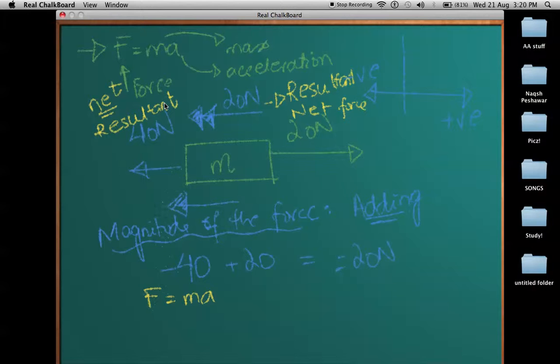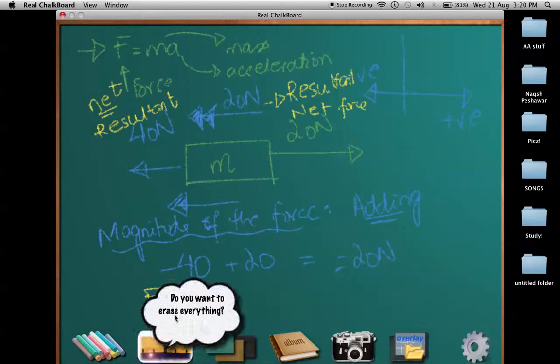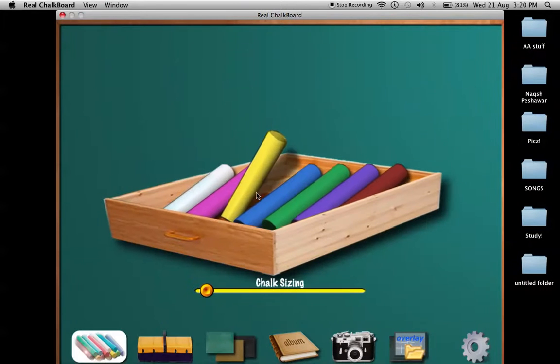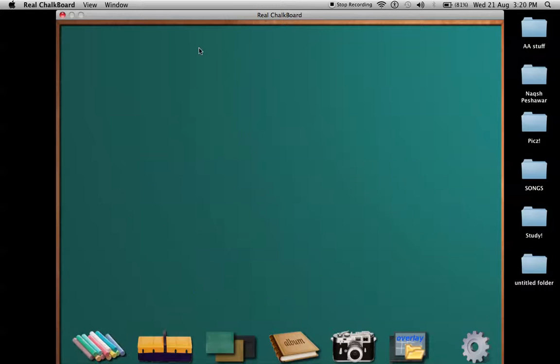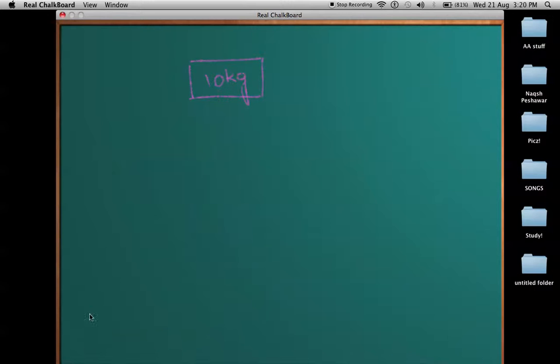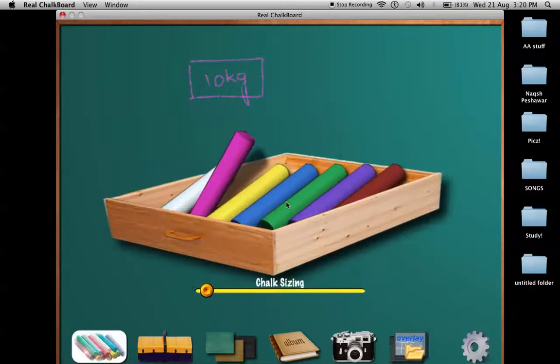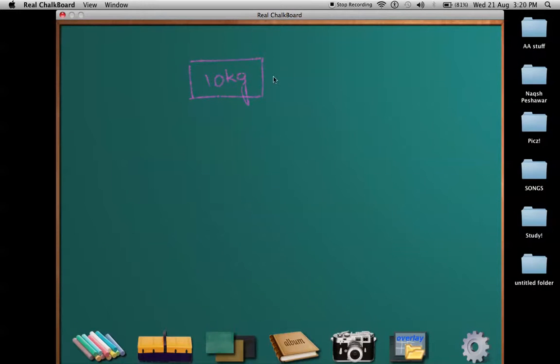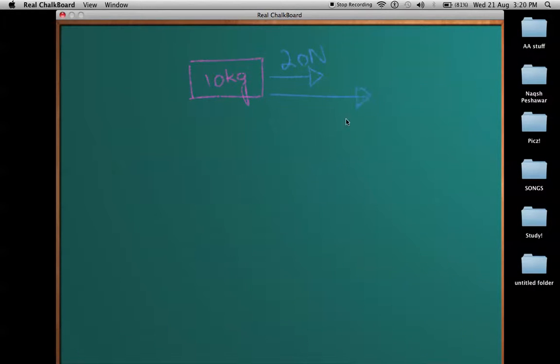So this is the situation. Let's just take a very simple example. This addition and subtraction is very simple. Let's just say we have a mass of 10 kilograms here, okay, and we have a force here which is 20 newtons. Another force, two people pulling here, this is 40 newtons,